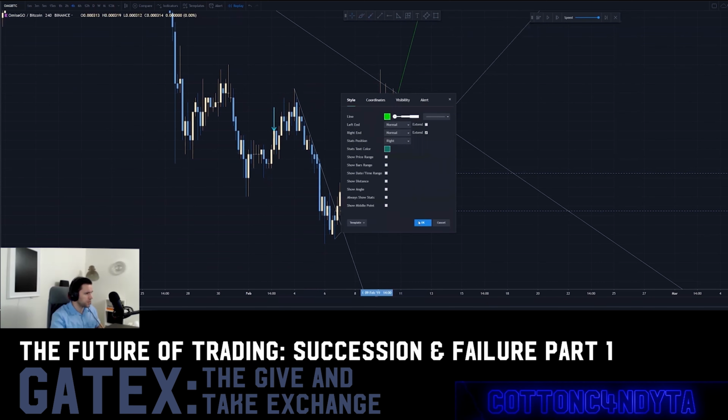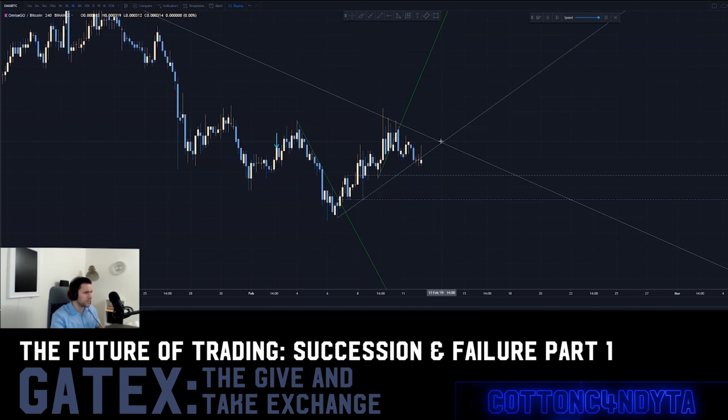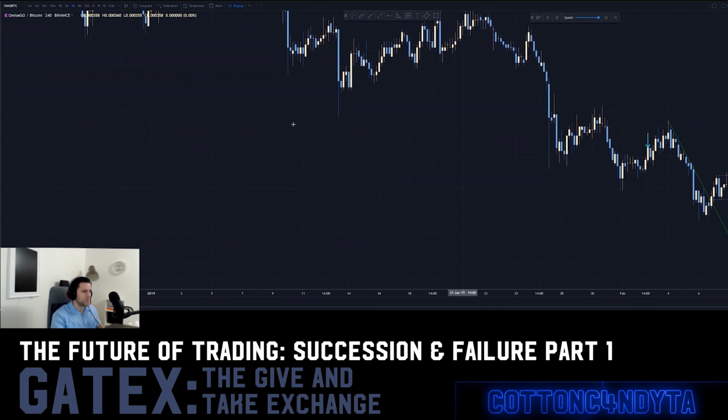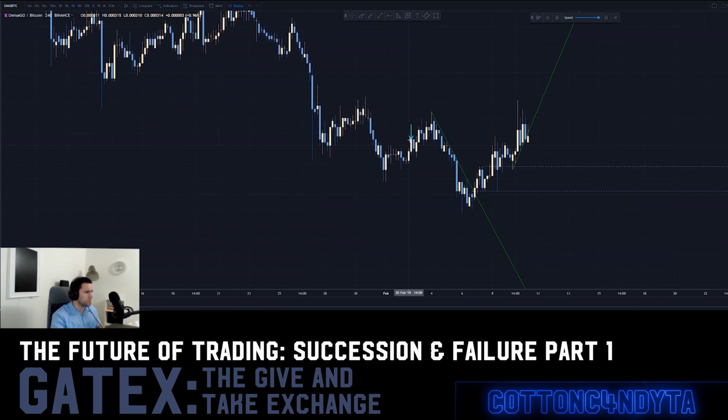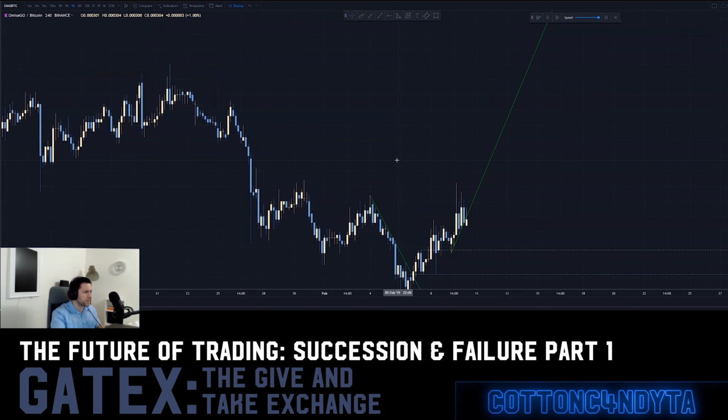These two will be green. Okay. Those two will be green. Those are the same trends. Let's delete these two for now. Those are the same thing, these two trends. It's succession and failure, right? It's showing you what has to hold before it can move one way, what has to hold before it can move the other way. Right? So this is a point of succession. This is a point of failure. We have a hold level, and that's where these are created. We have break levels, and that's where these are created, right?